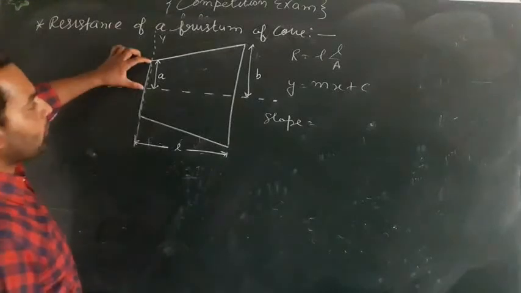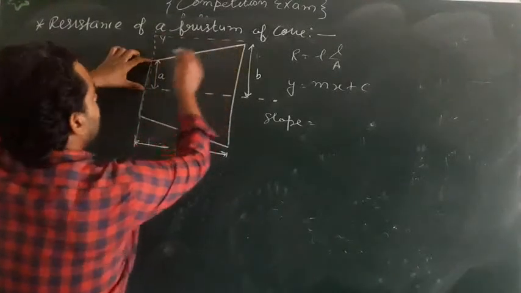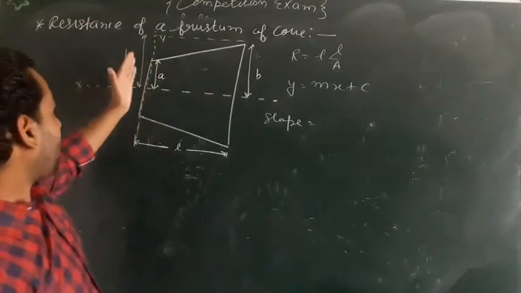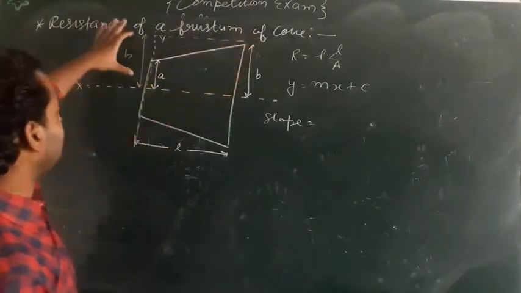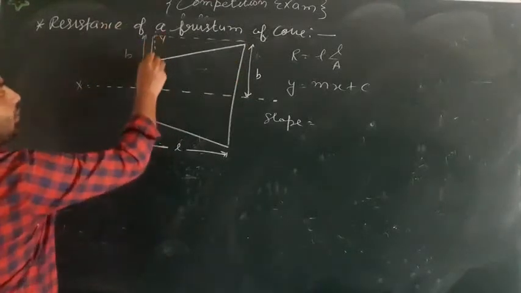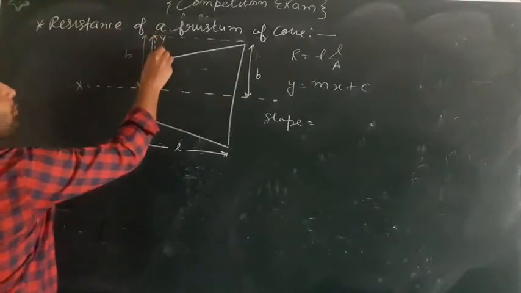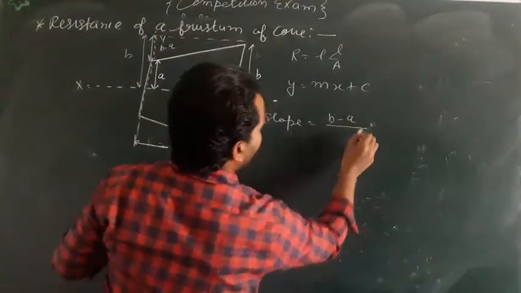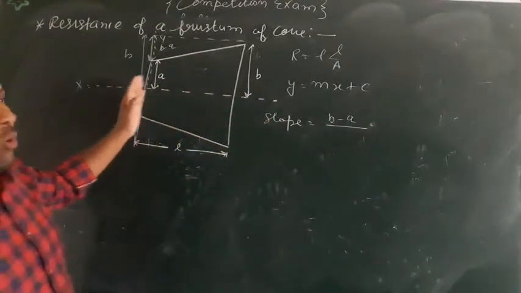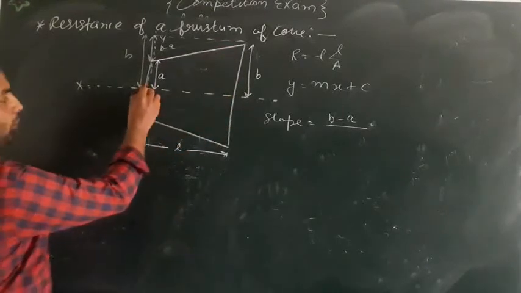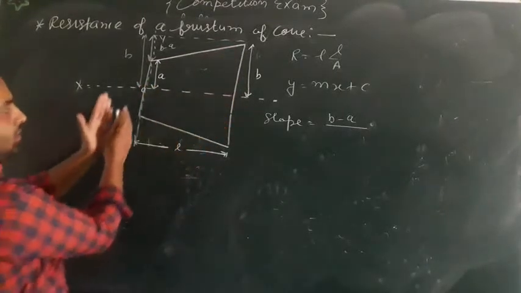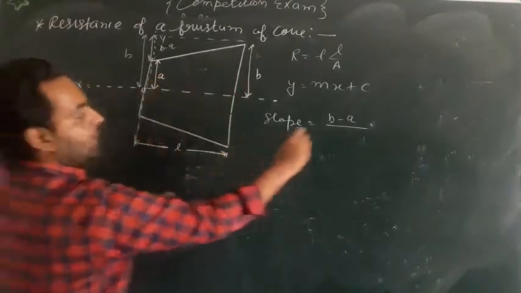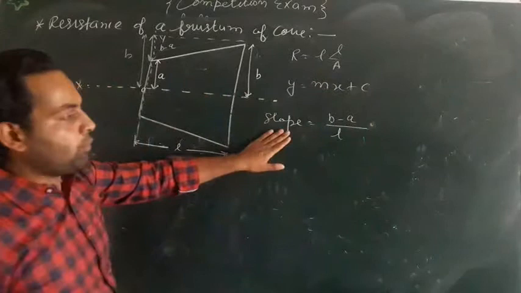Here is A, and when we reach here, this is B. So what is the change in the quantity when we move from this point to this point? The change here, this is B and this is A. So this change can be written as B minus A. The slope can be written as B minus A divided by the change when we are moving along the x-axis. So if this is the 0 point and this is L, what is the change along the x-axis? 0 to L means L minus 0, that is L. So this is the slope of your equation.